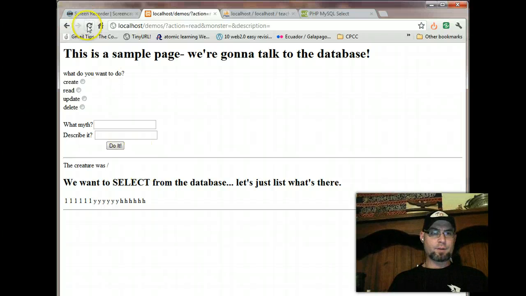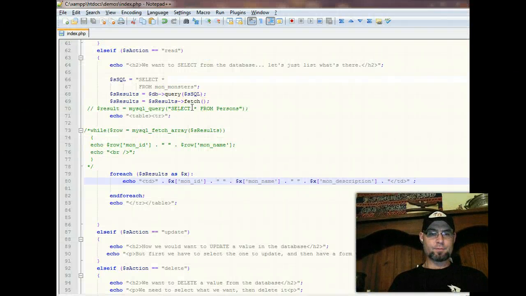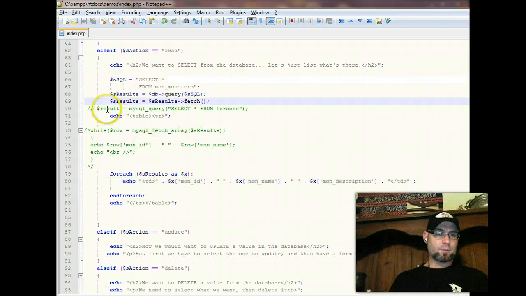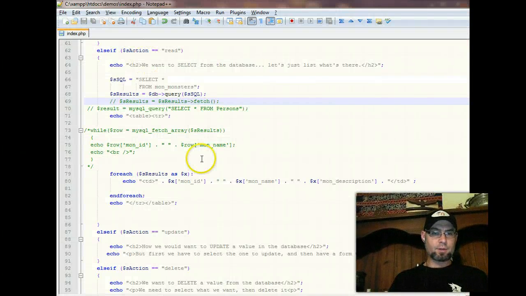And now we have 5 values there. Something to do with the for each, I'm sure. So looking back, I'm going to try this without this fetch, because I think that's more for if you have a multi-dimensional array or something. We'll save that, come back, refresh it, and now we have these: Yeti, Hairy, Godzilla, Big Green, Ugly, Bigfoot, Hairier still. So a couple things we want to do to make this look a little prettier is we put